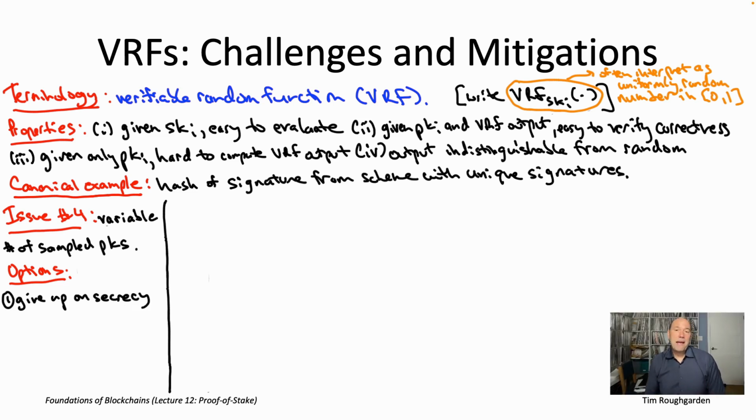Now, the first of the 2 bad cases, right, so the case where actually you get no samples, right, nobody's VRF output is sufficiently small, intuitively that should feel like it's maybe not that big a deal, because all the consensus protocols we've been looking at already have to be robust to things like a Byzantine node being chosen as a leader and then just remaining silent, which is kind of the same thing as if there was no leader chosen at all.